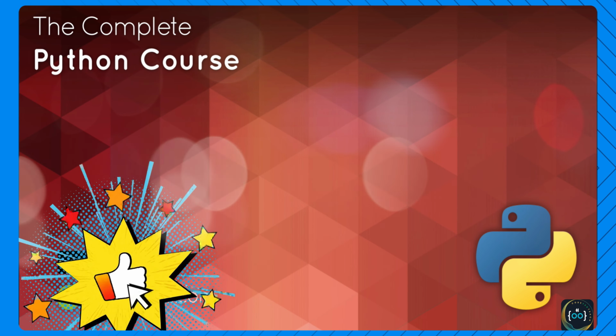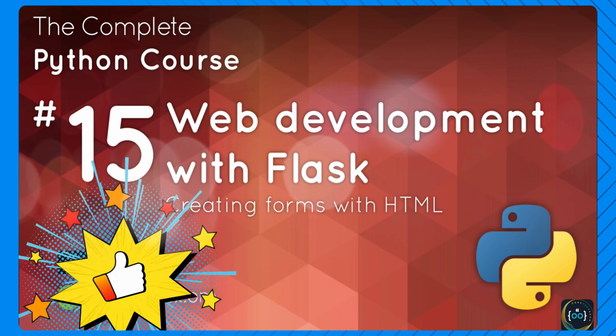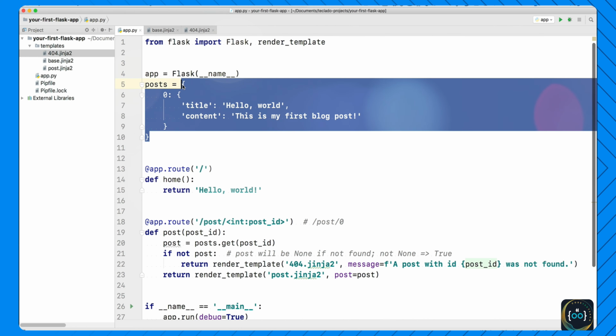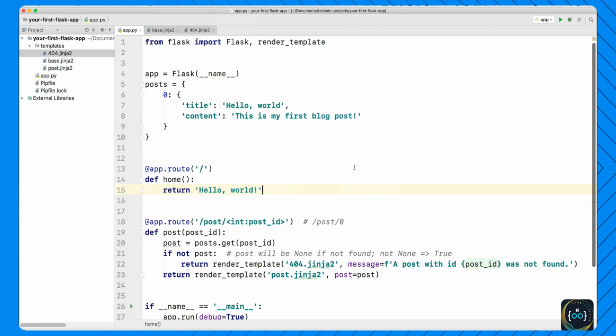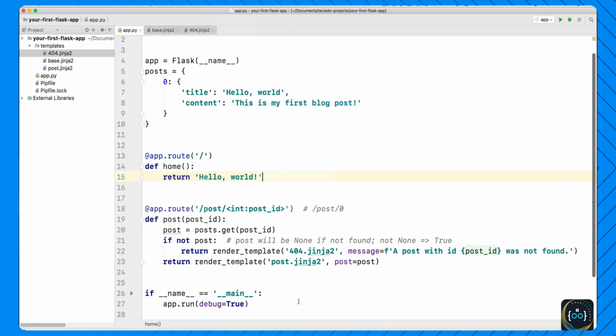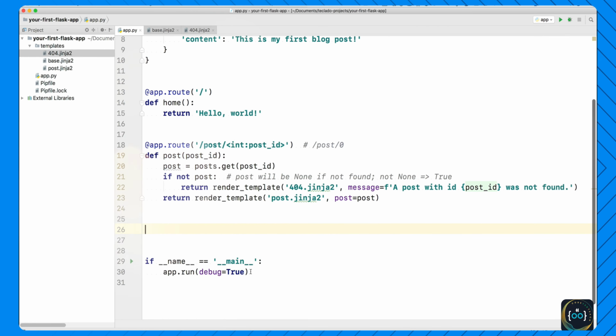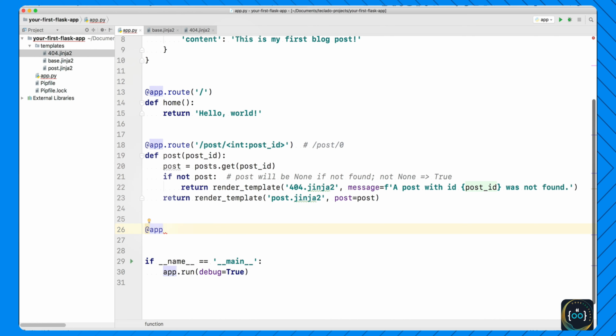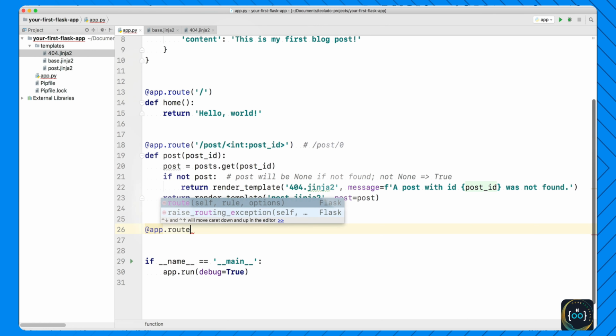Hi and welcome back. In this video, we're going to be creating our first HTML form, which is going to allow our users to create new posts in our in-memory database. In order to do that, we're going to create two new Flask endpoints. Let's go down here and create the first one, which is going to be very simple. It's going to give the users the form that they can fill in. So we're going to do